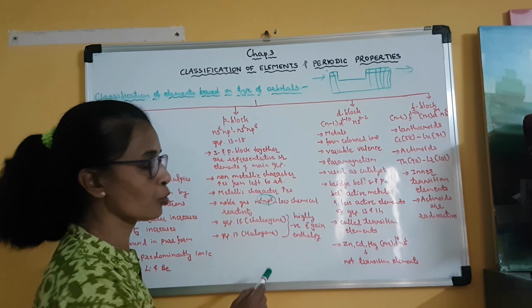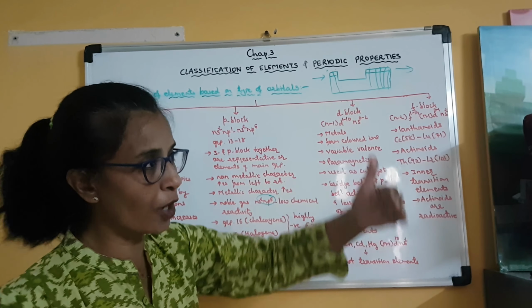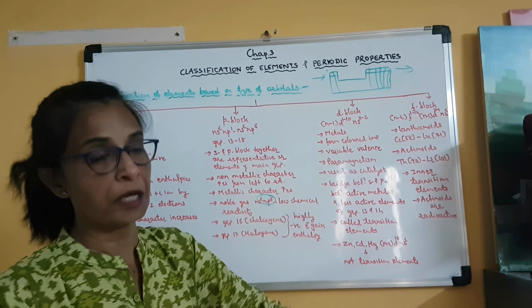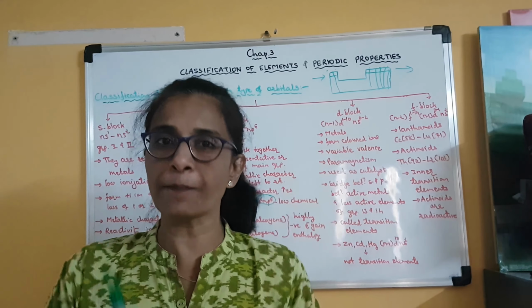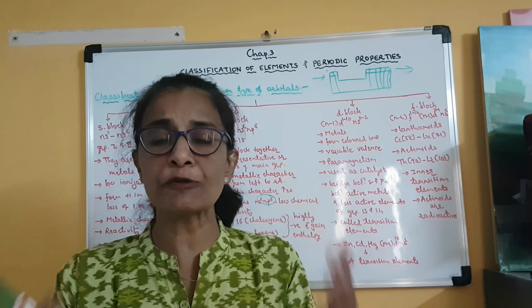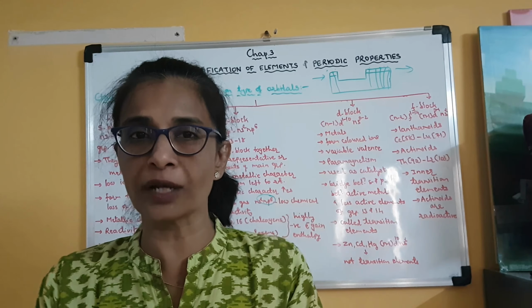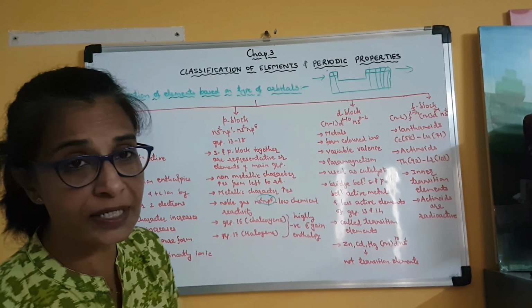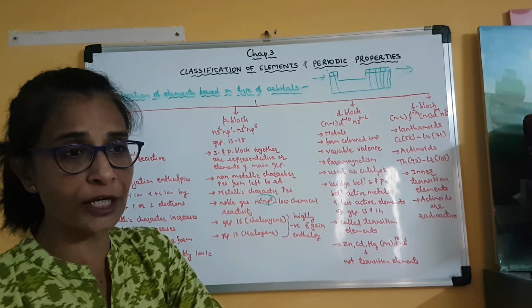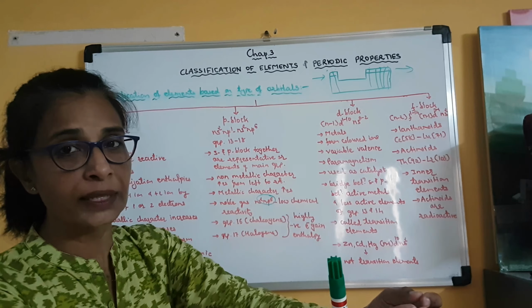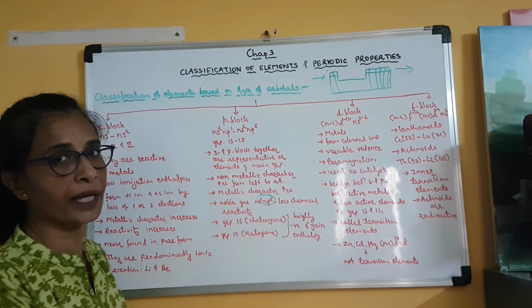Now these two groups are the groups preceding the inert gases. It means they have a stronger non-metallic character, and when an element is non-metallic, it always has a stronger tendency to accept electrons, to gain electrons. And if an element gains an electron, it is converted into a negative ion. Clear? So group 16 and 17 elements are just 1 or 2 electrons away from the inert gas configuration. Clear? And that is why they have highly negative electron gain enthalpy.